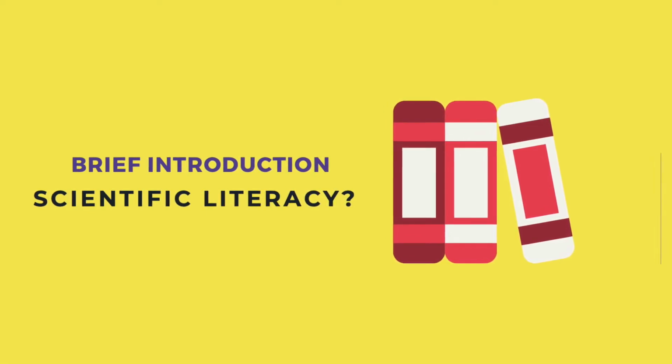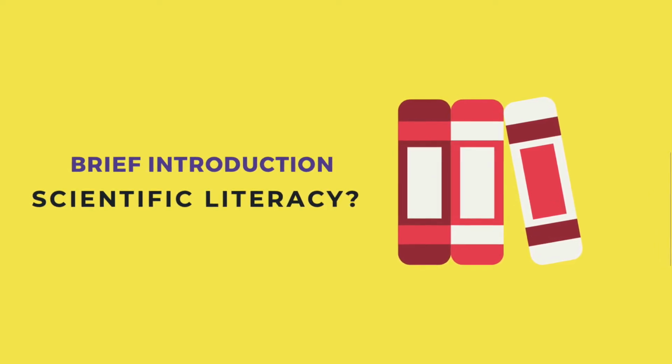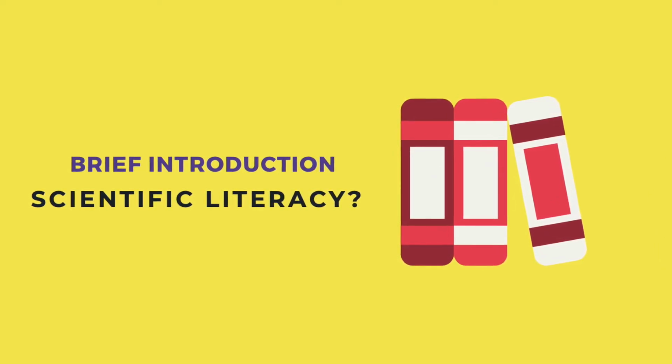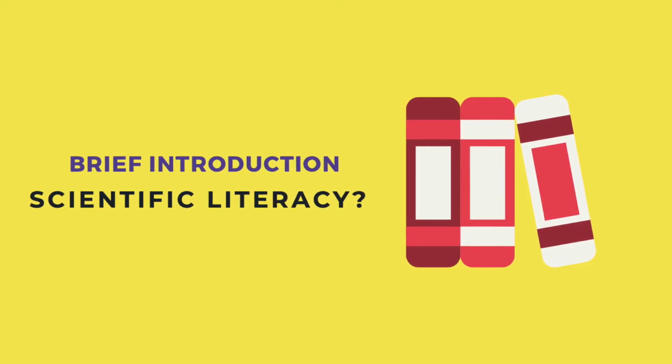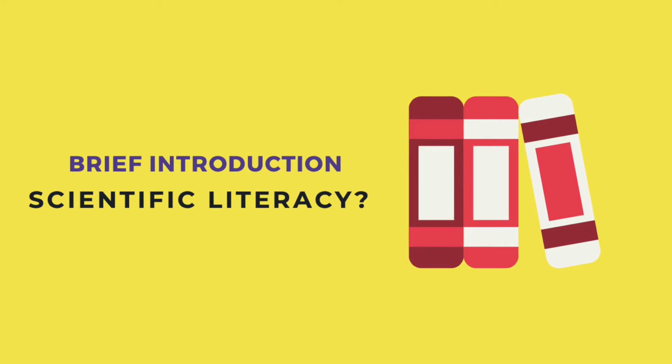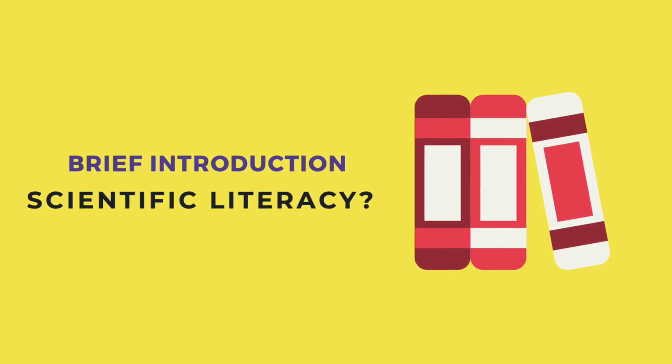Although a major goal of STEM education is to develop scientific literacy, prior efforts at measuring scientific literacy have not attempted to link scientific literacy with success in STEM fields. Although there are challenges in defining scientific literacy, it is nonetheless an important variable due to its impact in science